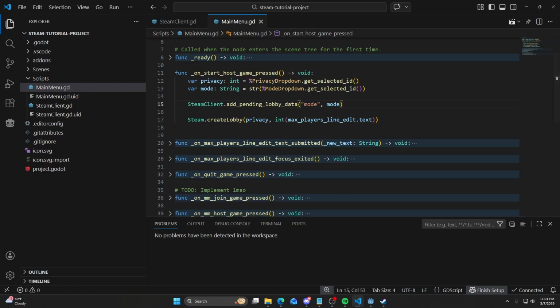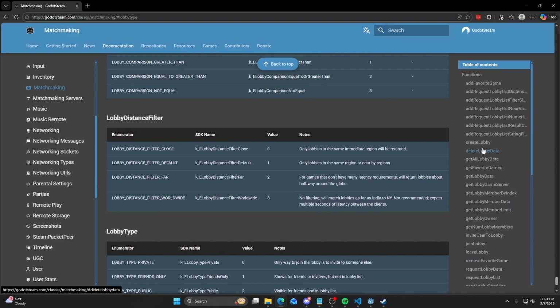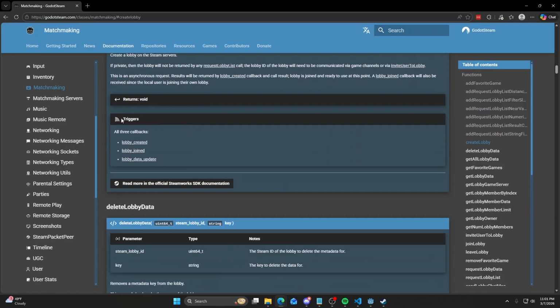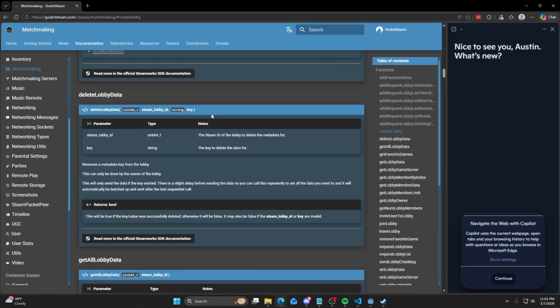Let's go back to the documentation real quick so we can see what we need to do next. Create lobby here, and we see it triggers three things. It triggers all three: lobby created, lobby joined, and lobby data update. So that means we've got to be a little careful here. We don't want to say, okay, we created this lobby, let's go ahead and create a lobby menu screen, and then